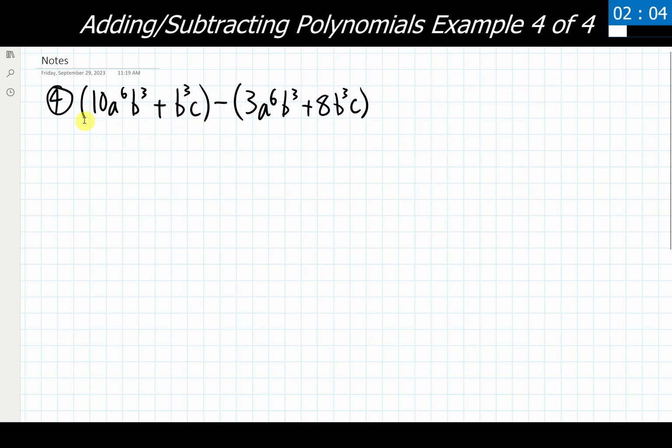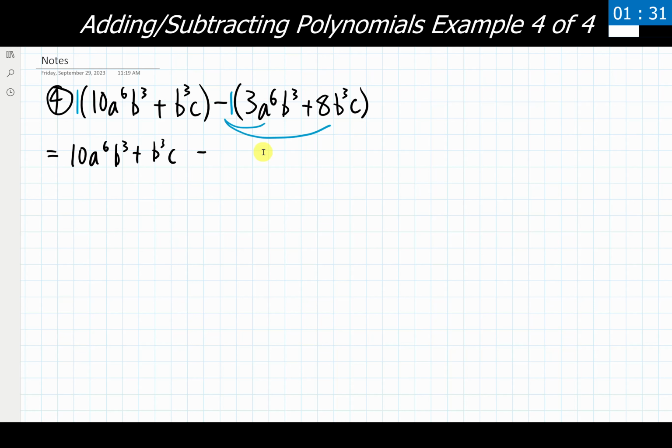So for starters with this, again, we have things in parentheses. We need to get rid of those. So we can fill in the invisible ones if we'd like to in front of each set of parentheses. The first polynomial is not going to change at all, so we can just bring that down exactly as it is. No changes there. With the second one, it has that negative in front of it, and that negative is actually an invisible negative 1. So that negative 1 is going to have to distribute through to everything inside that second set of parentheses.